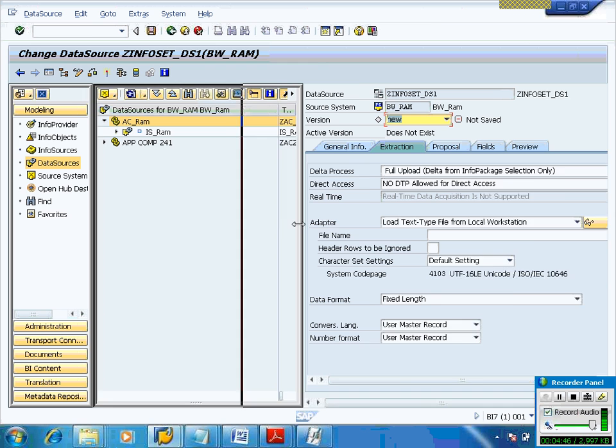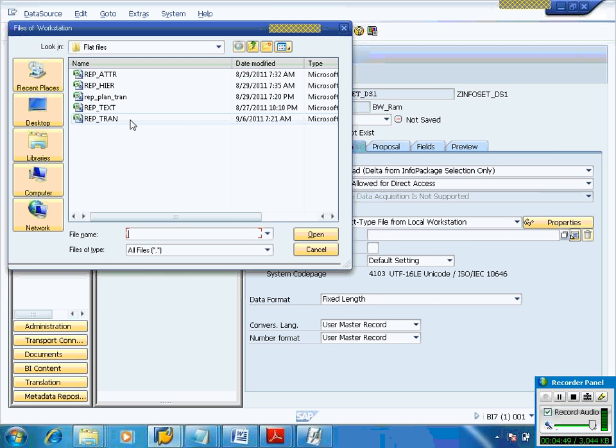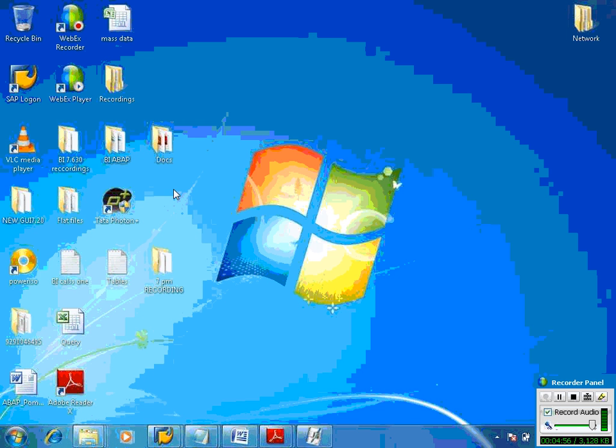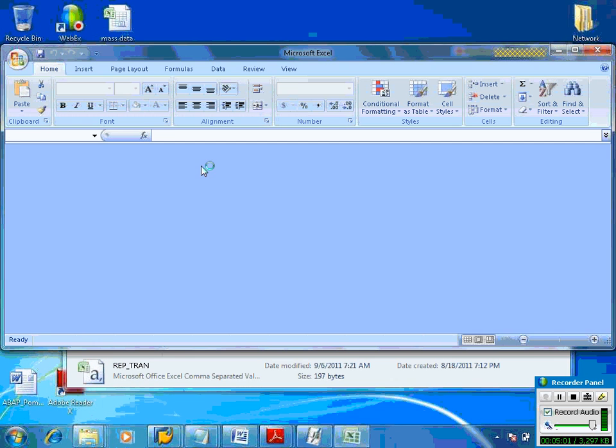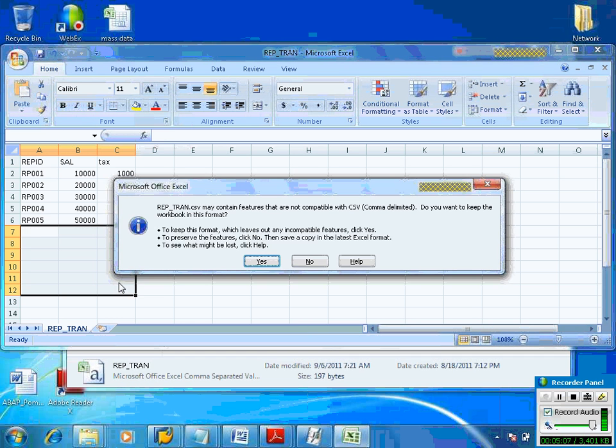Here, file name. I'll keep 5 fields information here.